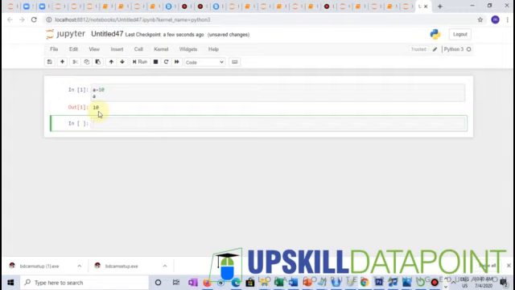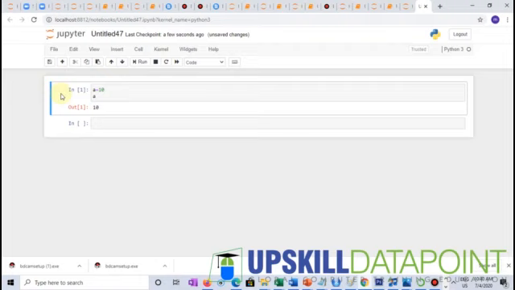Easy, right? If you have worked in C, C++ or Java or any other programming languages before, you will understand how easy it is to execute something in just one line. It would have taken around 3 to 4 lines in other programs, right? Now here, when I click outside, it changes to a blue border. This blue border means it's in the command mode.